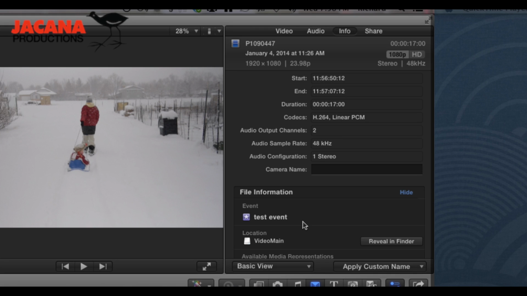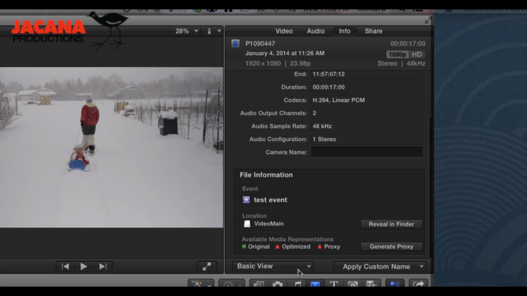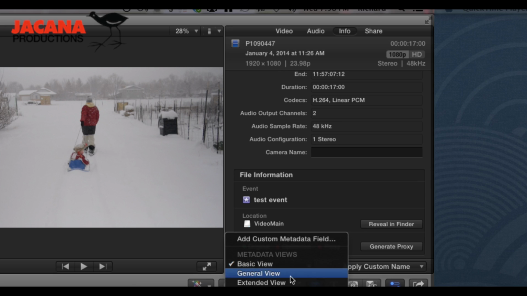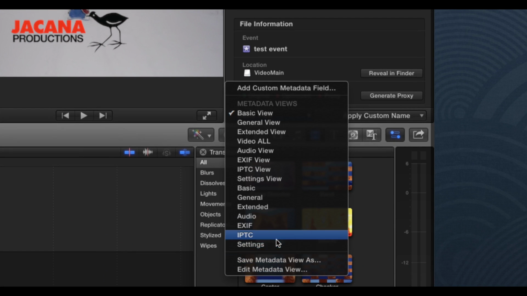Normally you're in this basic view. To see all your metadata, because you only see a certain number of fields, you want to set up a new view, and I've called it video all. You've got to mess around with this thing. You've got to go into edit metadata view,